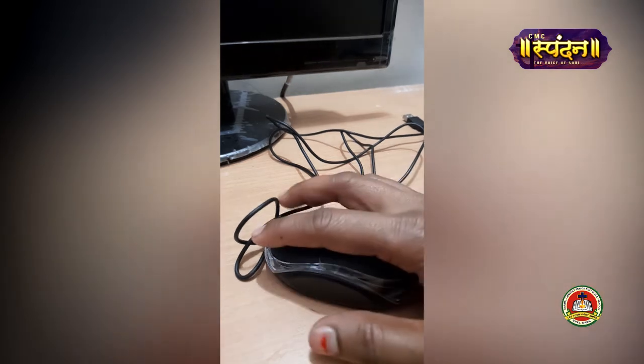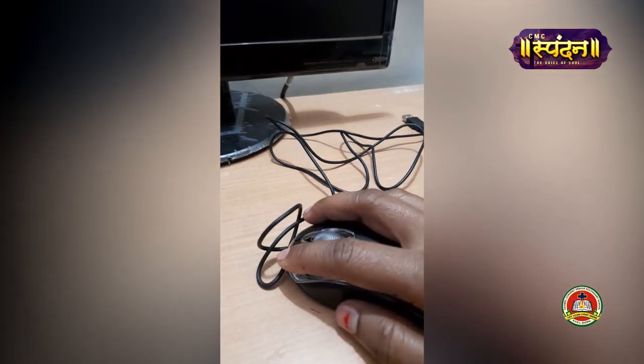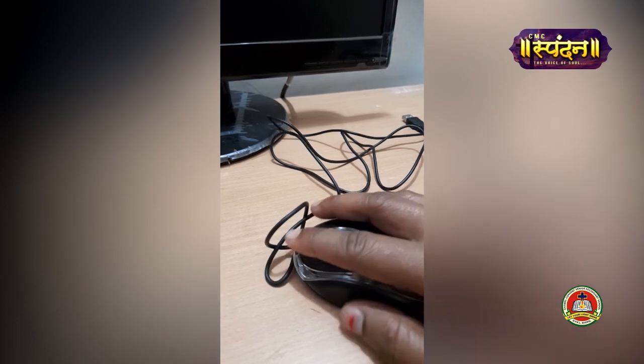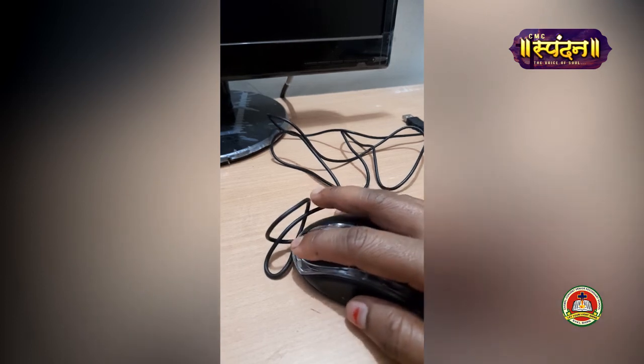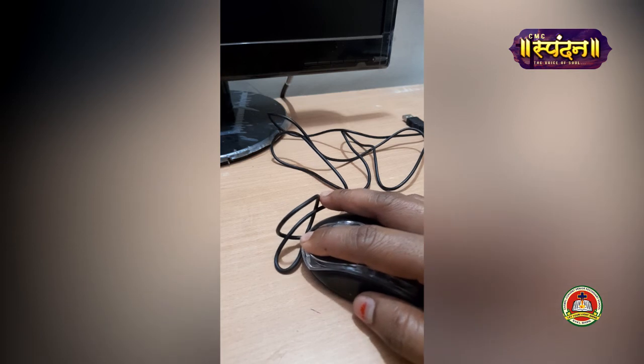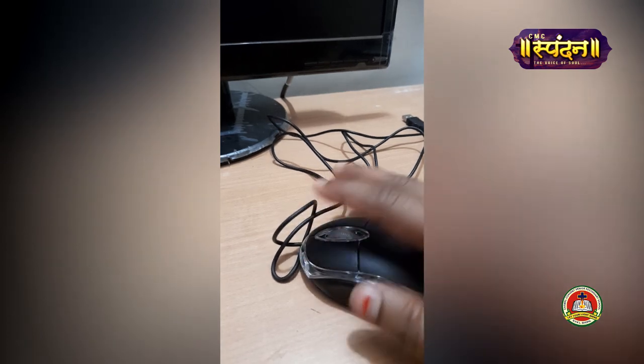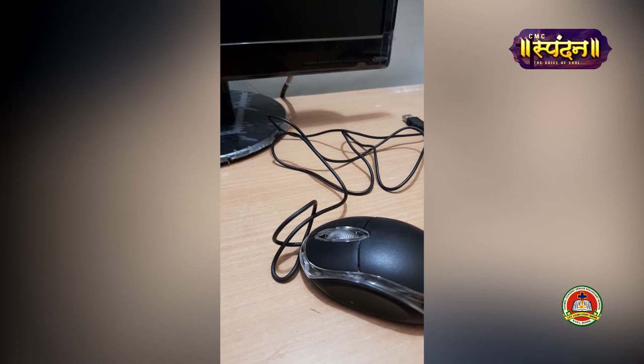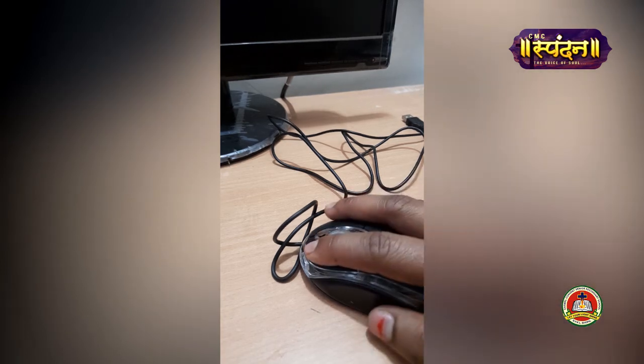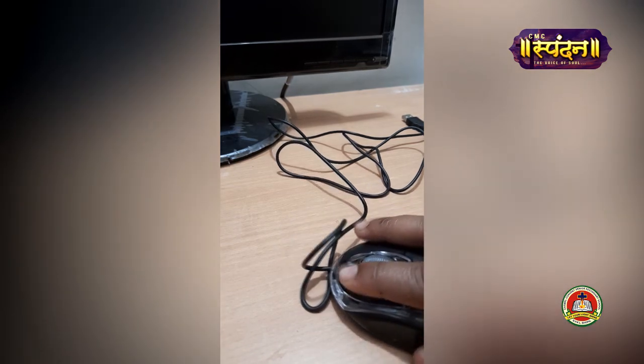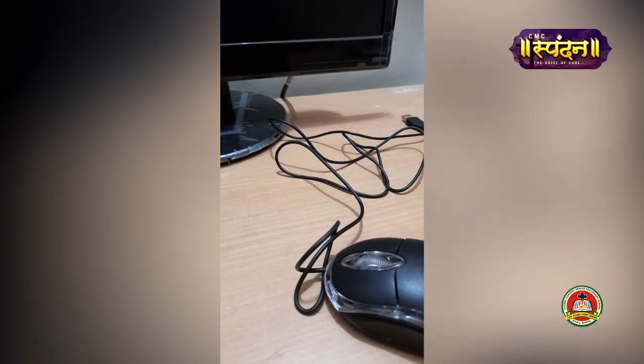So can you see my left button of the mouse is pressed and I'm moving the mouse. Dragging means to move the object and to select. But dropping means to release the mouse button. Means to select an item, to move the mouse and to leave. This process is known as dragging and dropping.